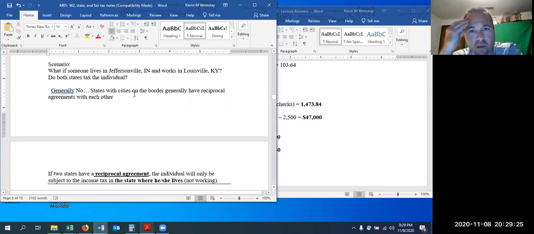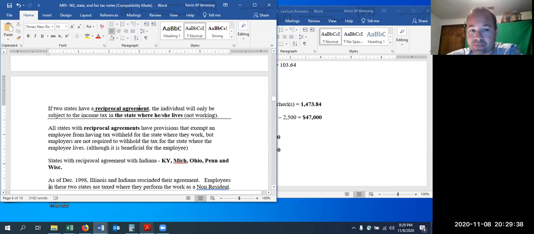But then you might say, well, I thought you taxed on where you work. Most of the time, yes. But when states border each other or they're pretty close to bordering, a lot of times they'll have what's called a reciprocal agreement. Kentucky and Indiana get together and they say, okay, I'm not going to tax your people that live in Indiana if you don't tax the people that live in Kentucky. We'll just pretend that they work in our own state, and you'll lose some employees, but then you'll gain some that worked for us, and vice versa. So we're going to pretty much equal out.